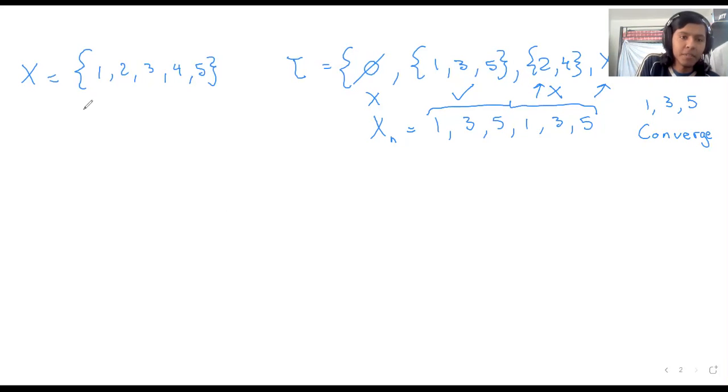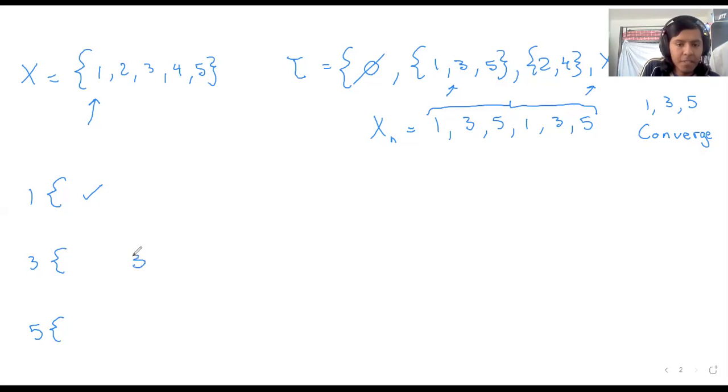But let's just go very quickly. Let's test out 1. To see if 1 converges, every open set that contains 1 must be tested. And we have this set and the open set. So let's go with the first one. The first one is 1, 3, 5. As you can see, they're not connected, and the sequence goes 1, 3, 5, 1, 3, 5, 1, 3, 5, and it continues. As you can see, it stays within the boundaries. So it's good so far.